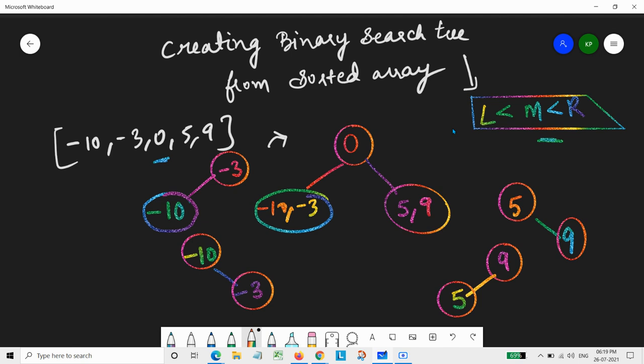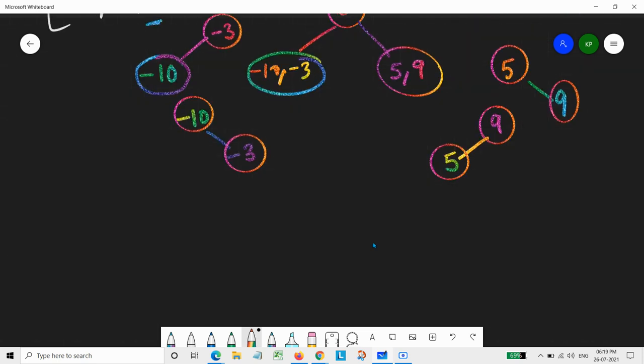And out of these four possibilities, if we make a combination of any two of them, then also it will be height balanced only. Height balanced simply means, say we choose the first option, that -3 is here and then -10 is here, and then here we choose 9 and here 5.